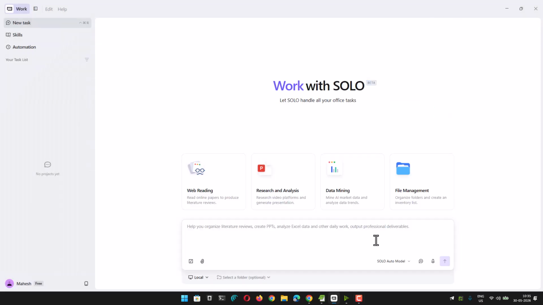So let me close this, and if we run out of, say, Solo's own quota, I can switch to one of these models easily, right? Now let's say I want to create a slide deck. So I will say create a slide deck